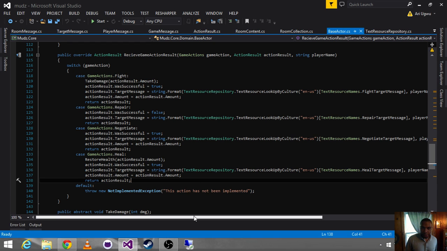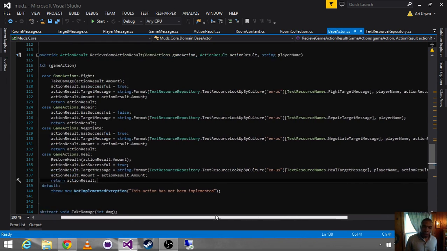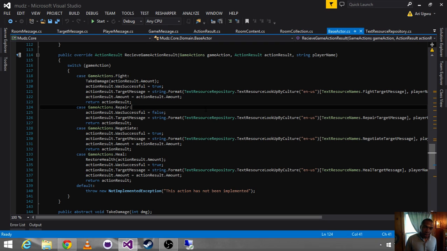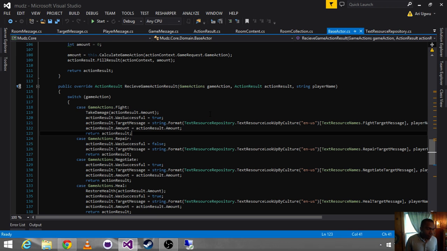We were finding the message we wanted, we were formatting the message we wanted, and it's a very brittle approach because anywhere in the code that we want to populate a message,